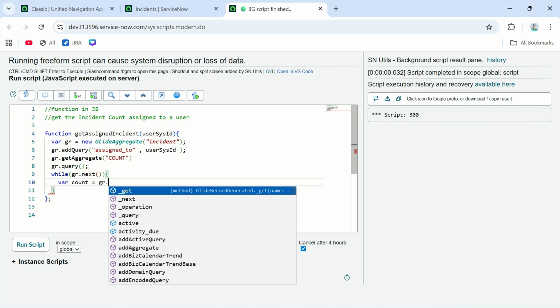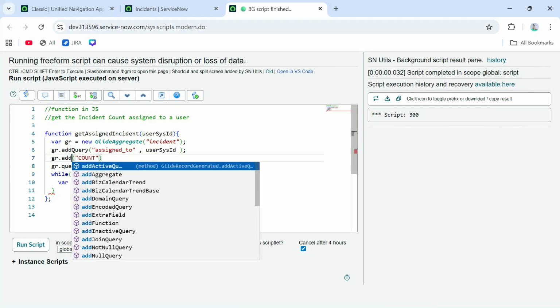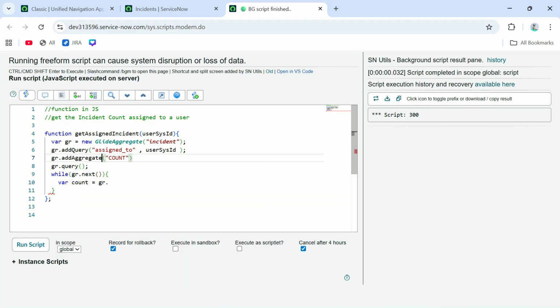Now here I should be using the add aggregate, and here gr dot get aggregate. Which aggregate should I get? The count. Okay,